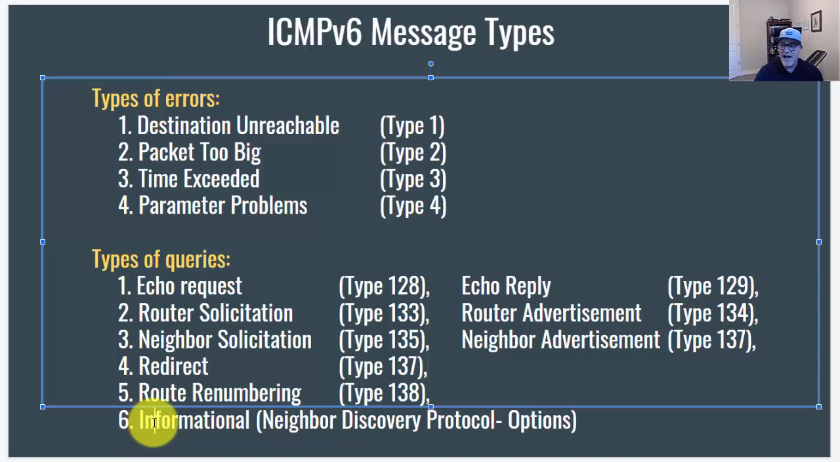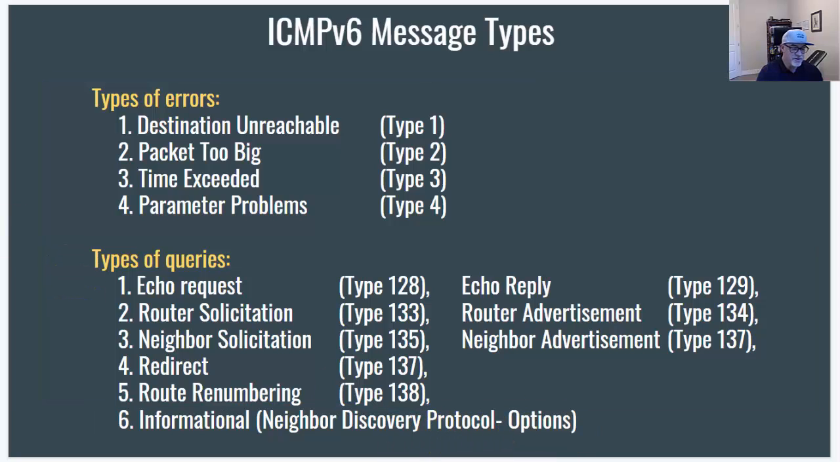So if you go to the IANA website and just search under ICMP, you can find a lot of information about all these different types. And then there's also informational neighbor discovery protocol options, which are also used, and those are used with DHCP version 6, and basically IPv6 stuff. All right,